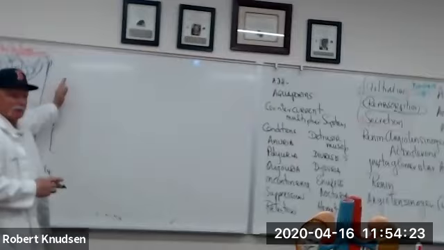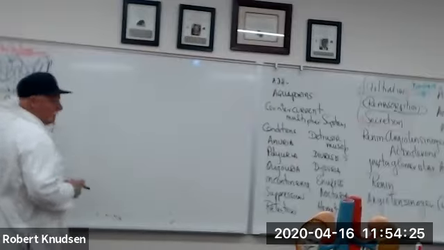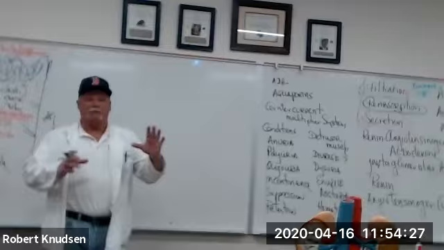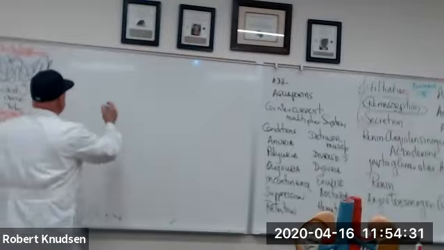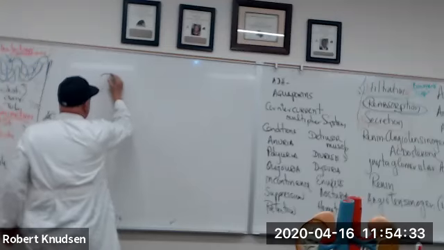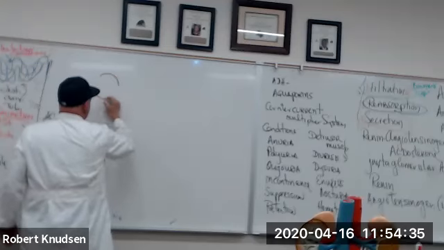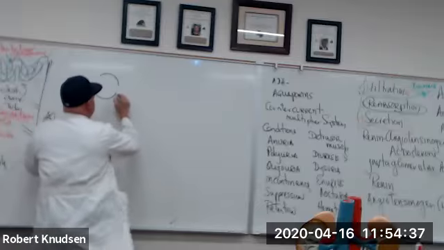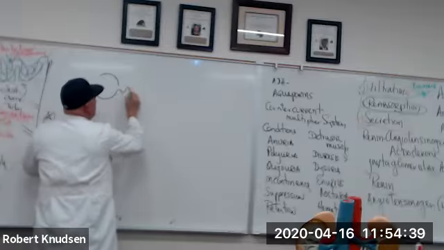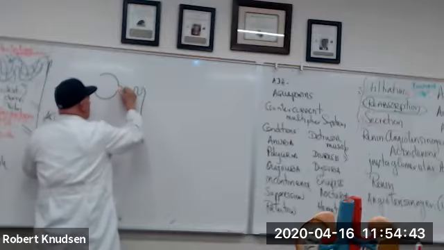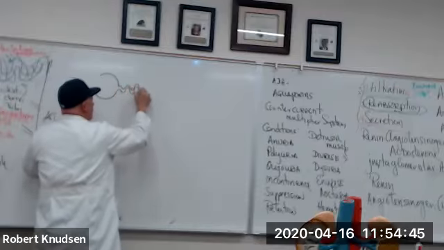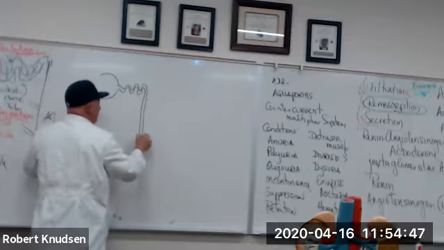Remember I said I was going to make two drawings. One of the way the nephron would look if it was stretched out and the way it would look if it really was three-dimensional. All right, we'll start off with Bowman's capsule, proximal convoluted tubule, loop of Henle,